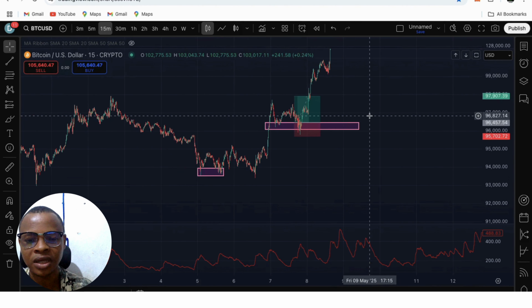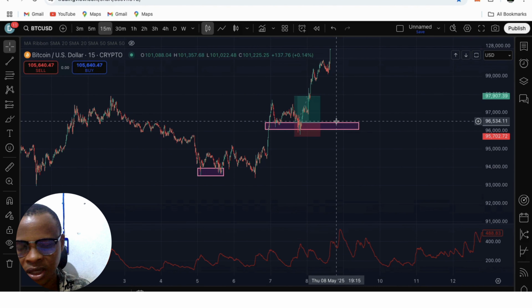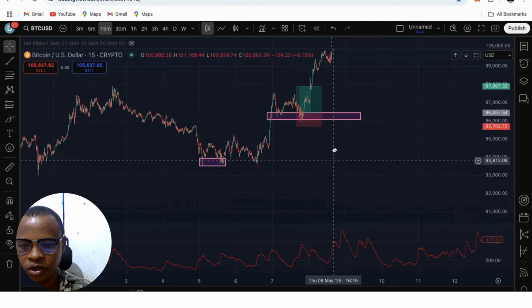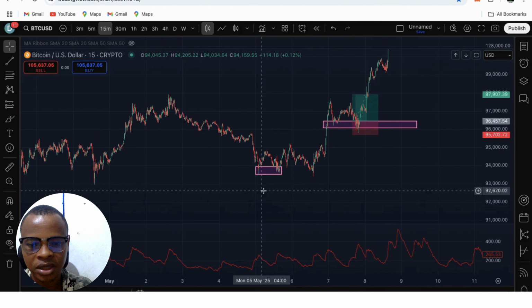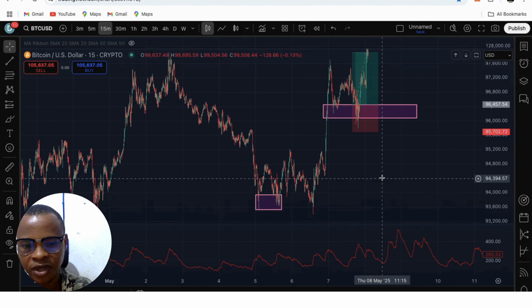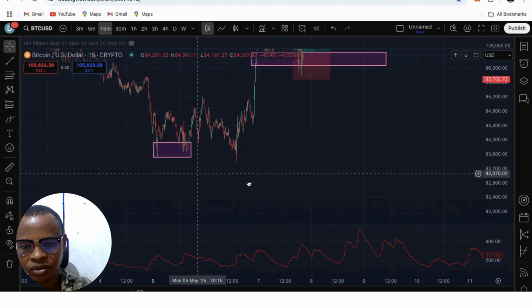And it actually continued hitting up, which was around that 1 to 1.4 risk to reward. This was also a win. But without the ATR, it could have turned out to be a loss. Now, the next example I'm going to give you guys is on this particular one, which is also a